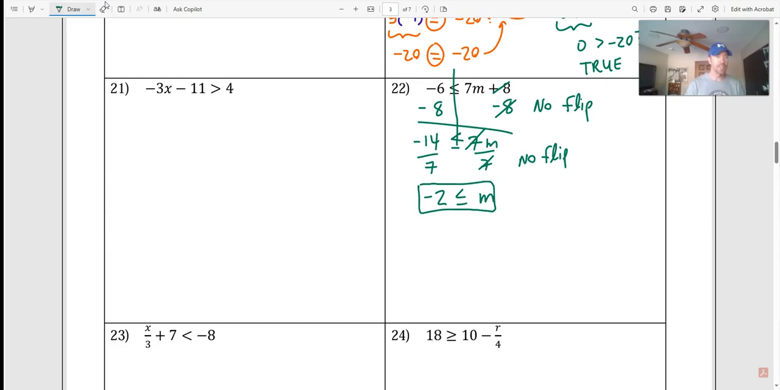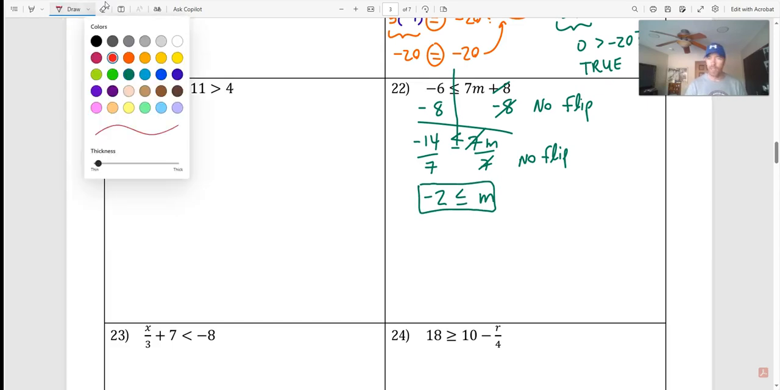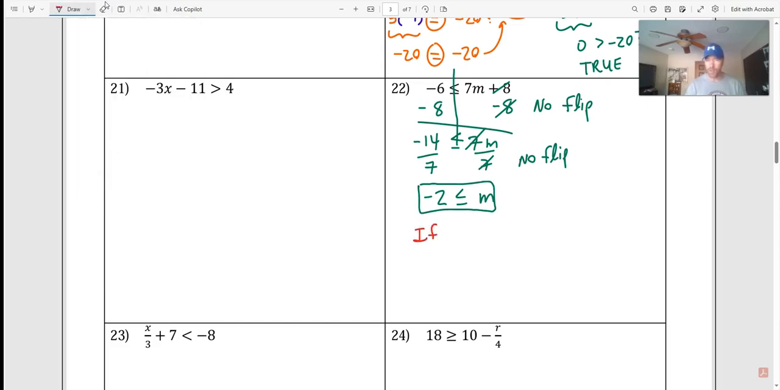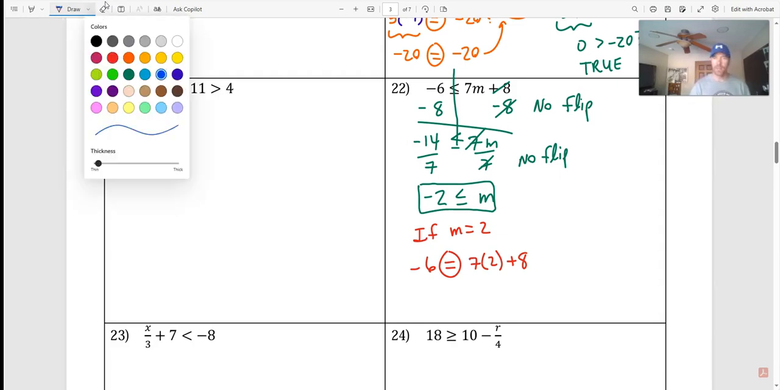Just for time, I'm just going to go more quickly here. So remember, if you use that value of m equals 2, then you should be able to get -6 is equal to 7 times 2 plus 8. So you can verify that for yourself. And then if the inequality is correct,